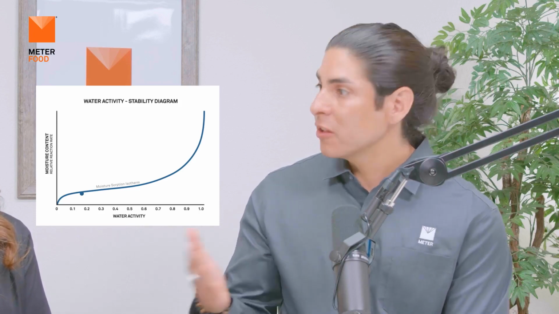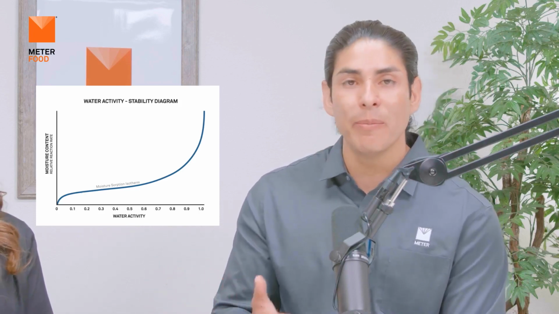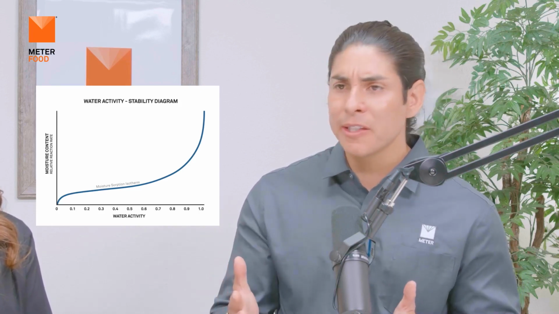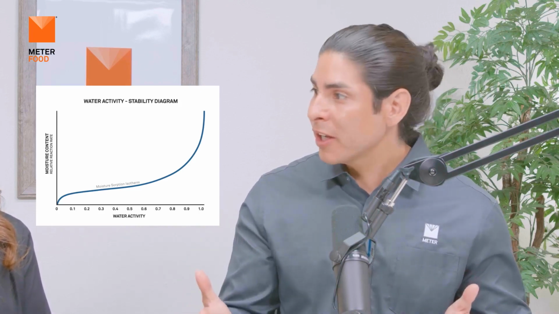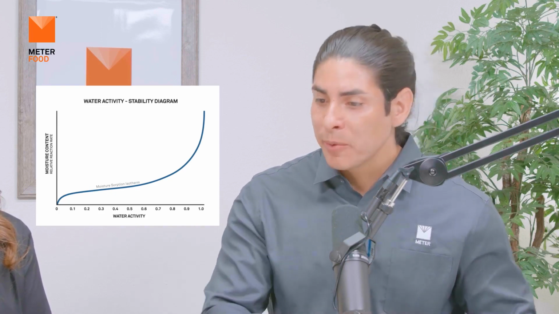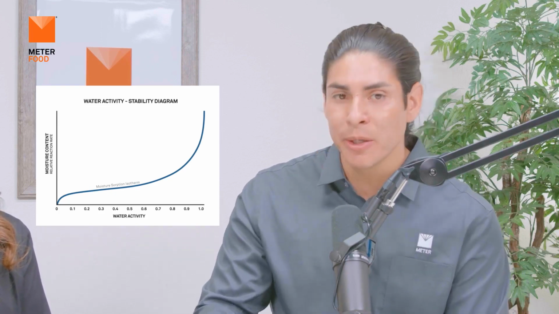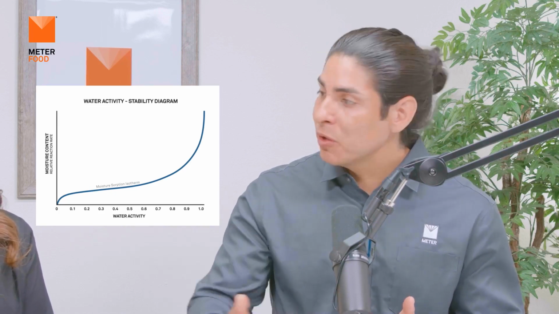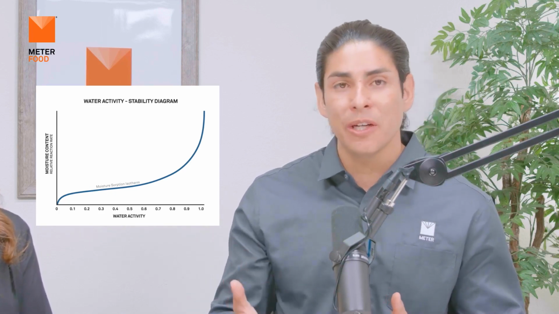And we have a really unique way to do this at Meter Group. We have a method called the dynamic dew point isotherm. Basically what this allows us to do is create a really high resolution isotherm so that we can see that entire relationship. And one way that this is really useful is that as you move up and down this curve, it can help us to understand